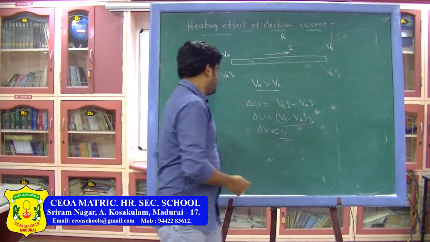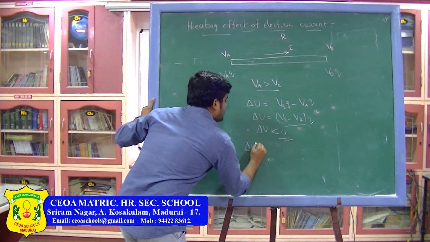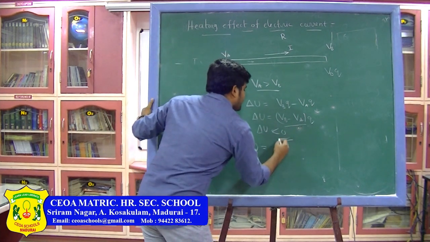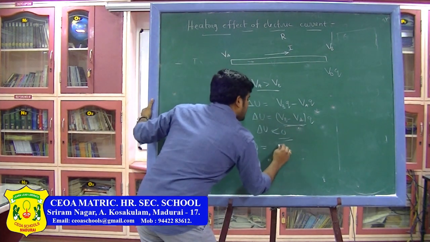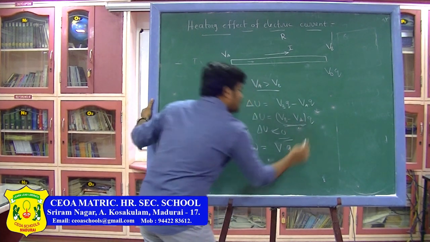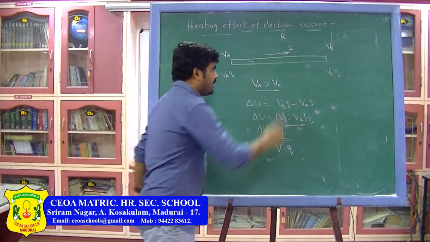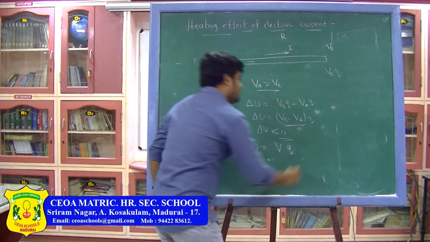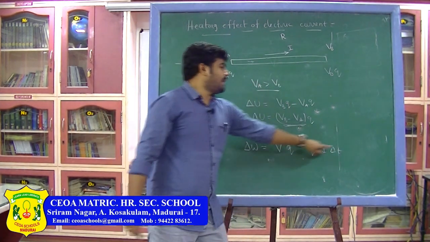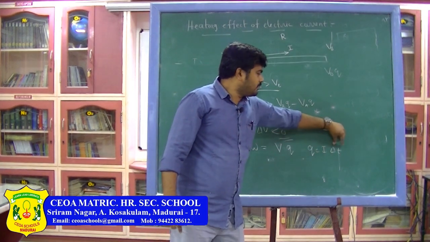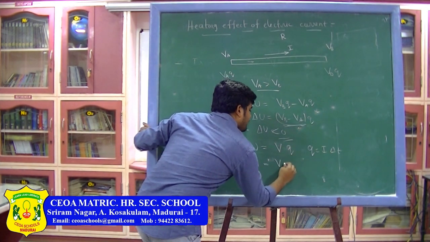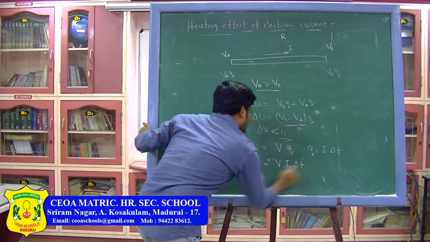So here, if delta W is the work done in moving the charge from one end to the other end, that work done is equal to delta V times Q. Let us say the potential difference is some V volts, so this value is V into Q. Now if a current is allowed for a time of delta T seconds, then Q is equal to I into delta T, because I is equal to charge by time taken. So Q can be replaced with I into delta T. Substituting that Q value, we get V into I into delta T. So this is delta W.